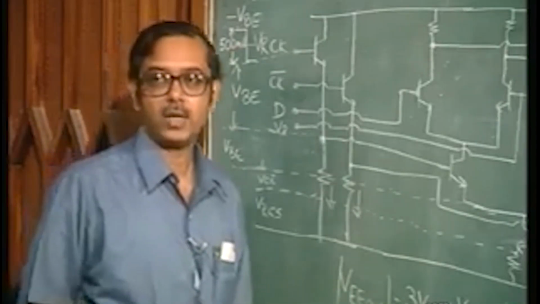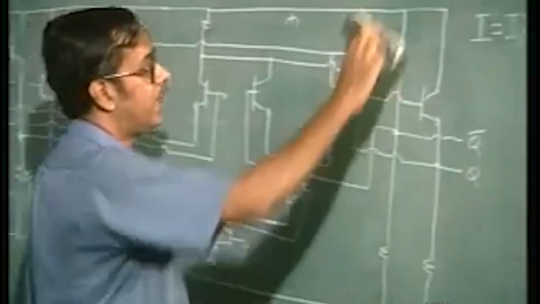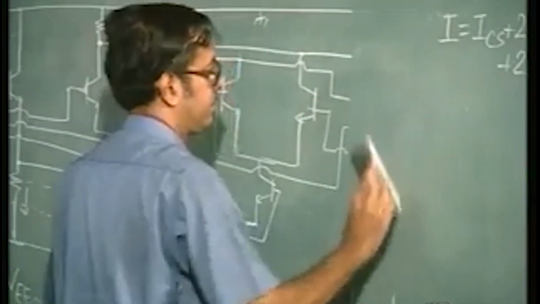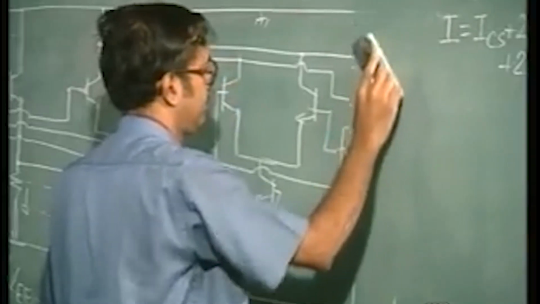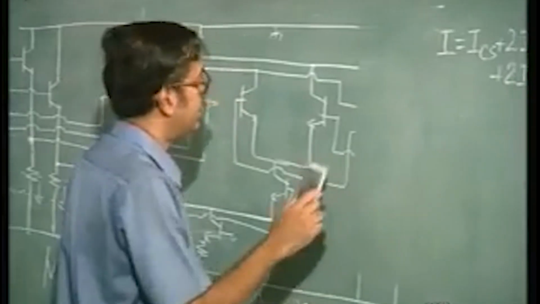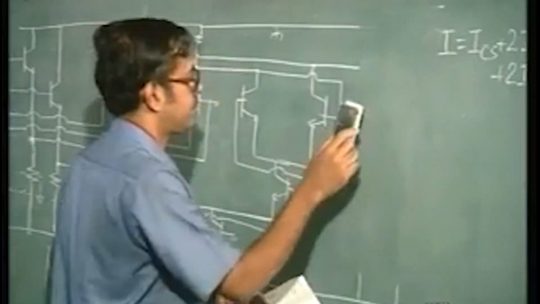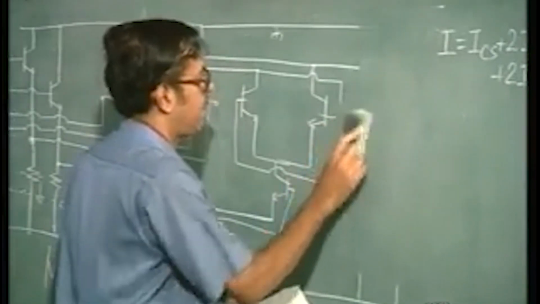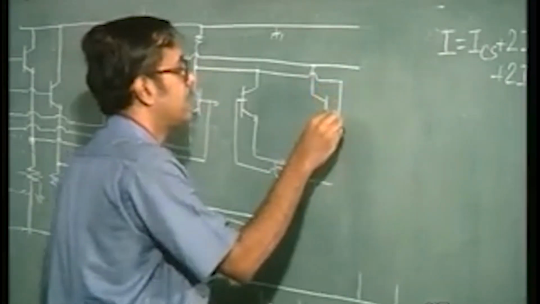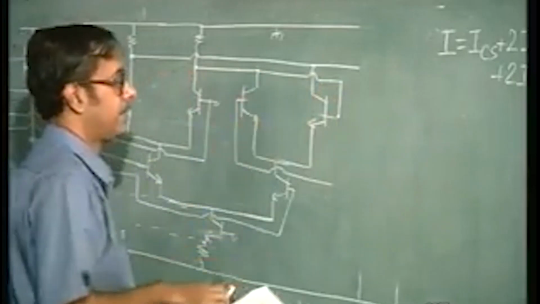Okay. Firstly, what you can do is you can remove these emitter follower stages. Okay. So, basically what you have now is this goes in directly here,